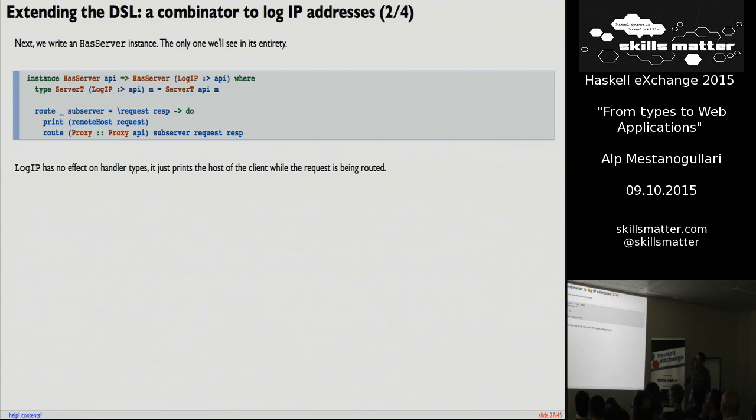And now this will be the only Has server instance that you will see in this talk, because while this part is kind of interesting, those tend to be boring. And you basically take the data you want out of the request. You check that it matches whatever you're expecting it to, and you call out then to the rest. Basically, the idea is that if you see log IP in an API type, and then something with this little funny operator,